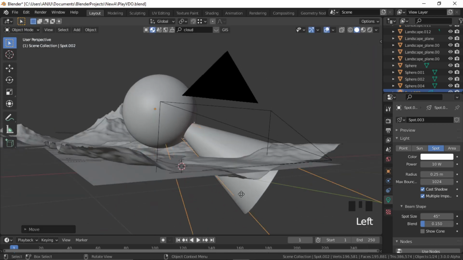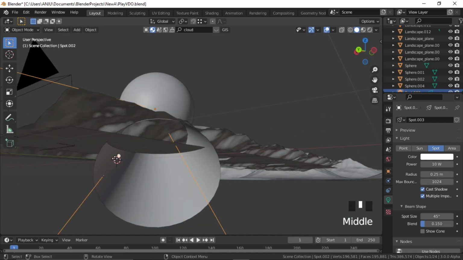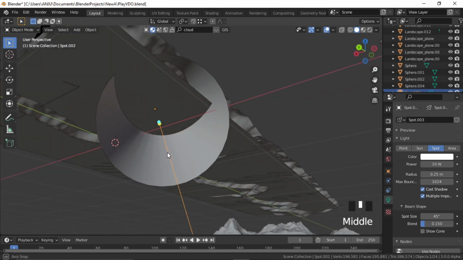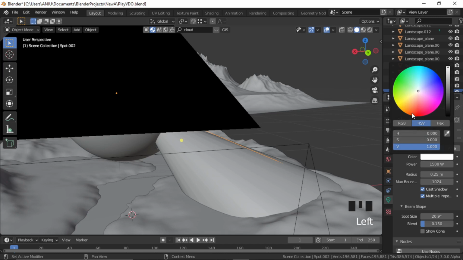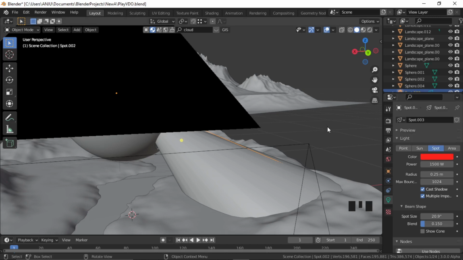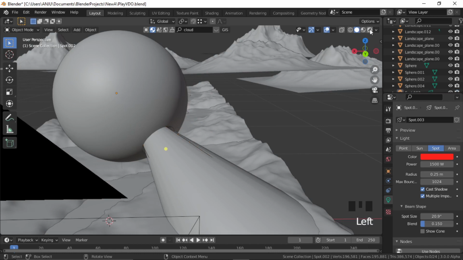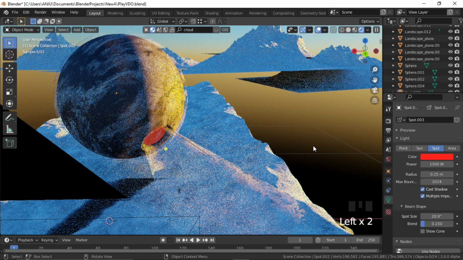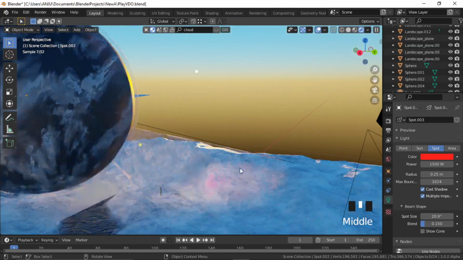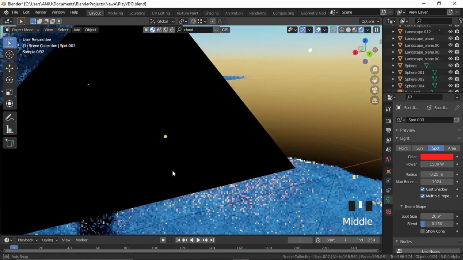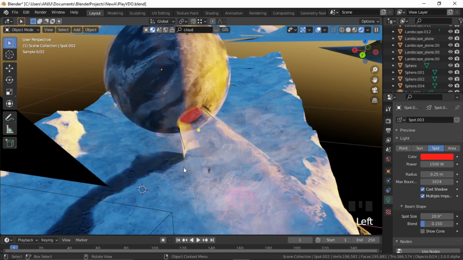Move it around here and just position it somewhere like this. Now just increase the power to about 1500 because it's a large scene, and just add color, go to shading. So this is how it looks, and just to increase the light a bit more in the local region,